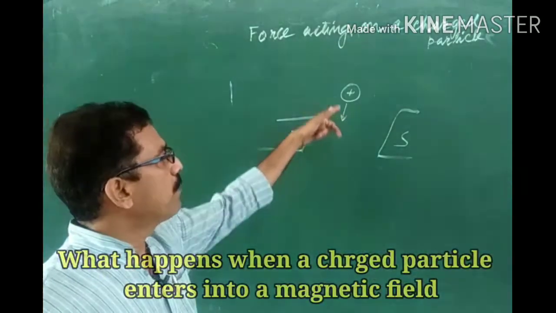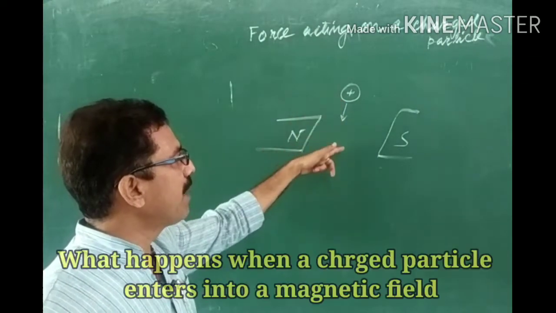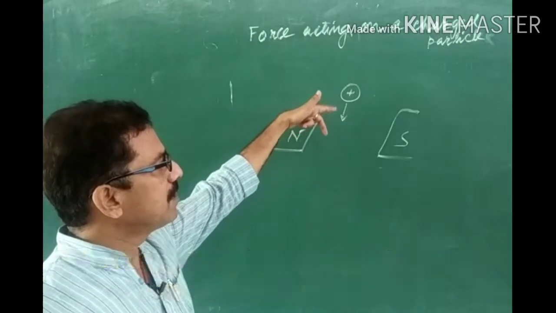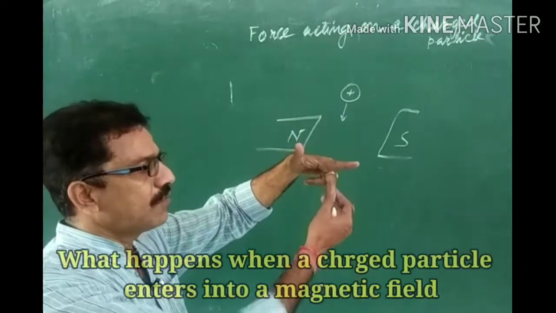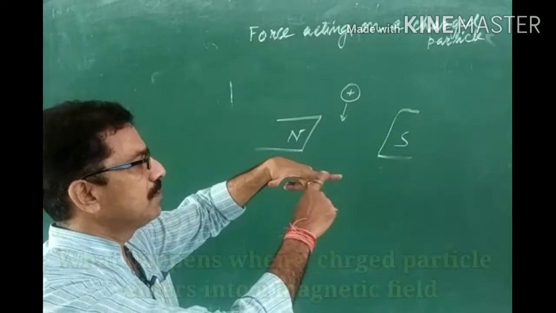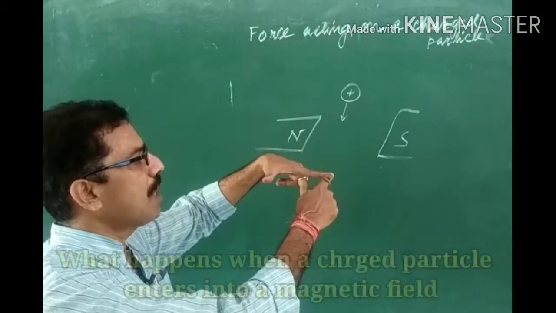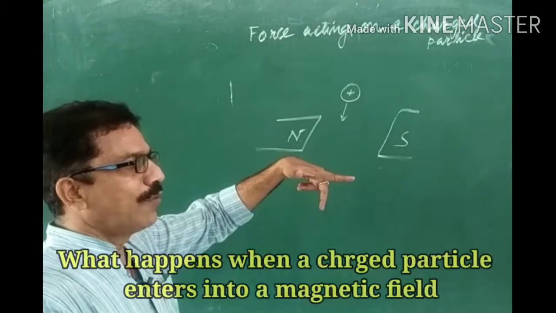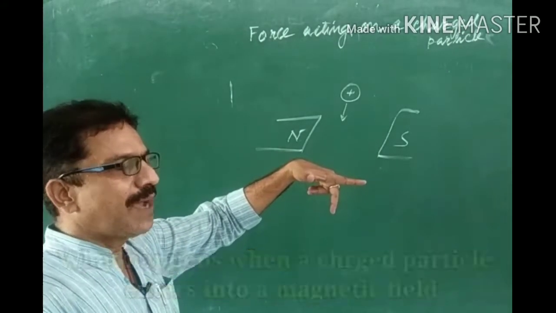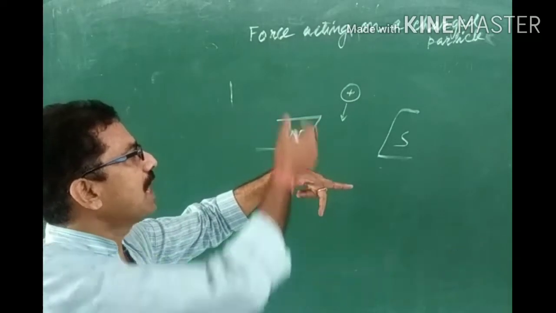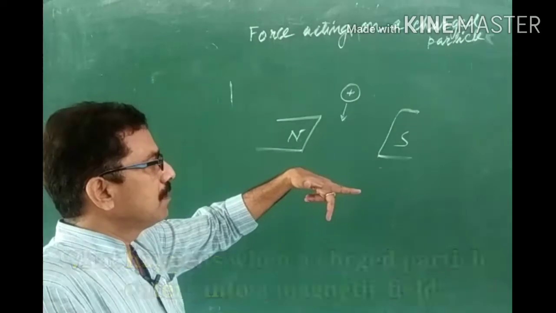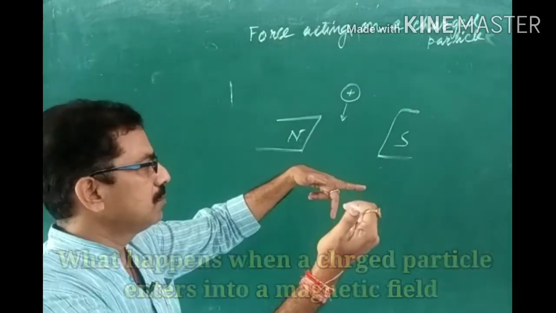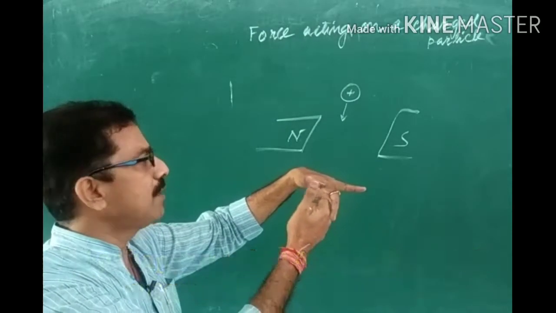Here, a positively charged particle is entering into the magnetic field. That means current. The direction of the charged particle is given by the central finger, and the forefinger gives the direction of the magnetic field, north to south. Then the thumb gives the direction of the charged particle moving due to the interaction between the magnetic fields. Hence, if the charged particle is moving downward, it will deviate towards you, away from the blackboard or green board, as per Fleming's left hand rule.